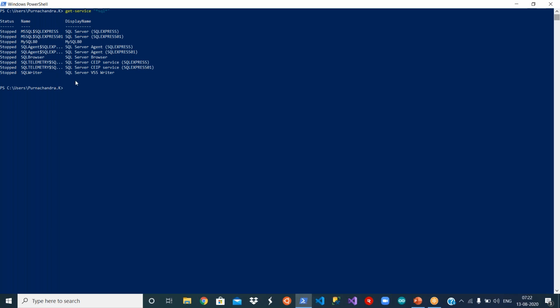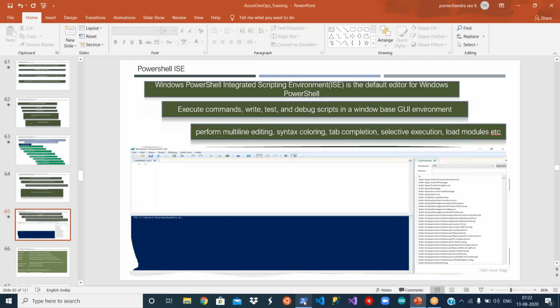But your script generally contains more than one line, right? You will have comments, you will have loops, you will have variables, and so on. Like what you see in your programming language, or what you see in your stored procedures, or it can be anything. It is more than one line, right? So this is not the place to write a script. So for that reason, we have another IDE to work on this scripting work, the way you write C# coding or database scripting, right? So that is called Windows PowerShell ISE, the Integrated Scripting Environment.